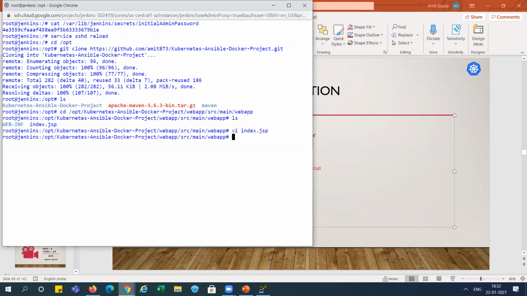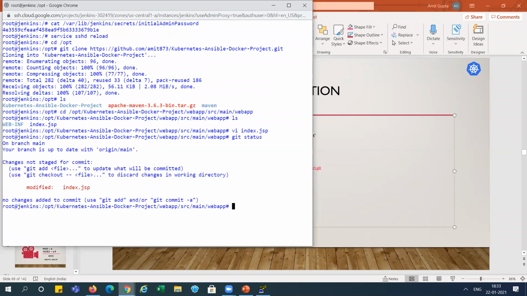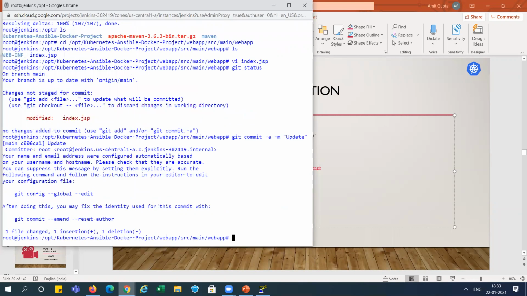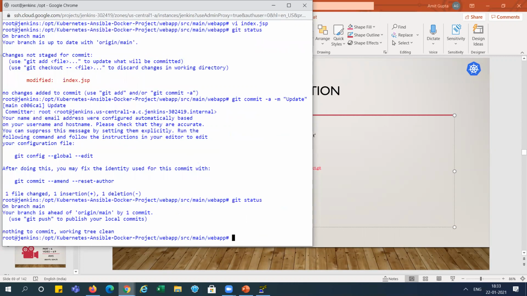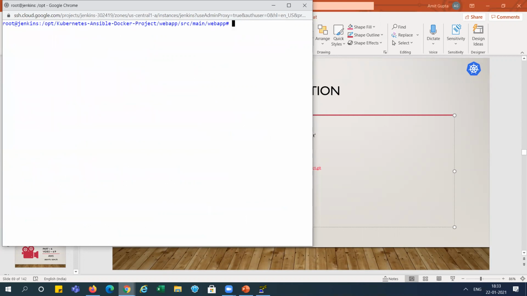Now it's saved, right? Now we need to check its status. It is showing one file change. We are committing it directly. It is done, right? So we can see here git status.